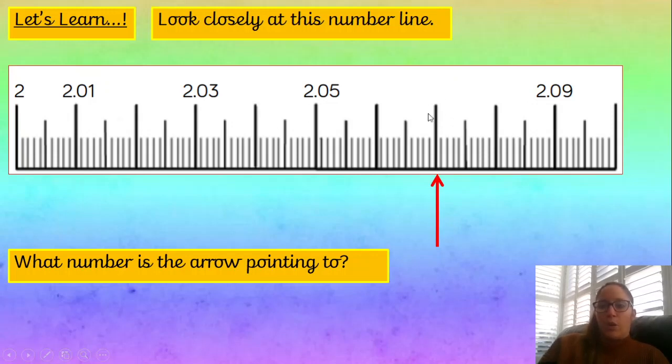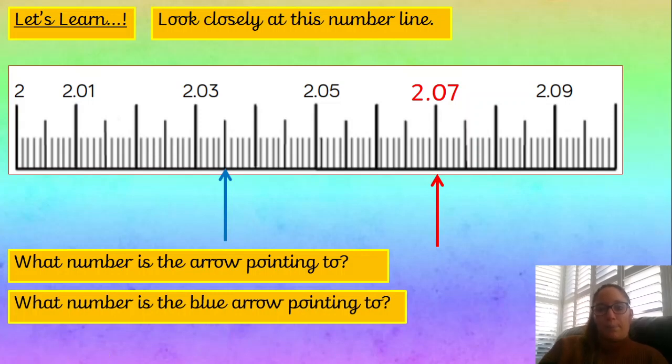Does that help you in finding this number here? Okay, of course, pause the video if you need to. That number is 2.07. Okay, we can see that every other line is going up in 2, which means,